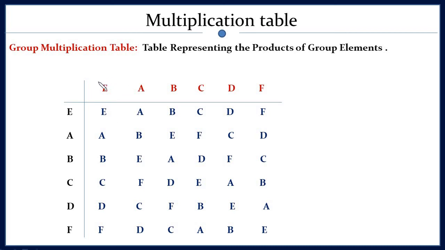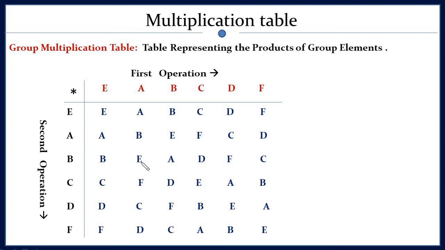First, you have to arrange all the elements in a column, and then you have to arrange all the elements in a row. This is a kind of first operation and this is a kind of second operation. We have just seen that when we multiplied B by A, we got E. There we applied A as the first operation, then we applied B, that is B times A. The corresponding place must be filled by the resultant element. So B times A, and the corresponding place is this one. So this will be E.